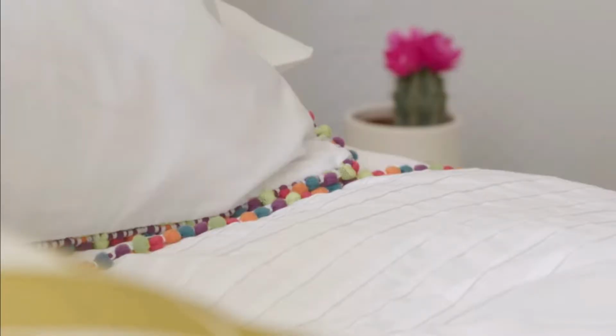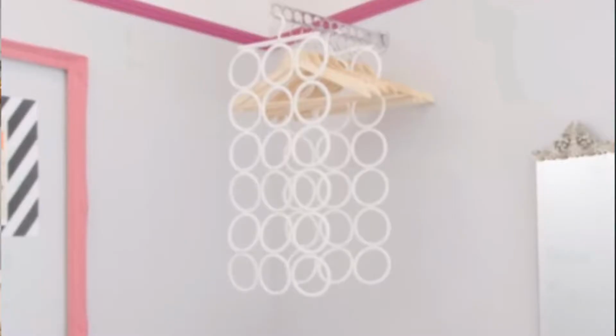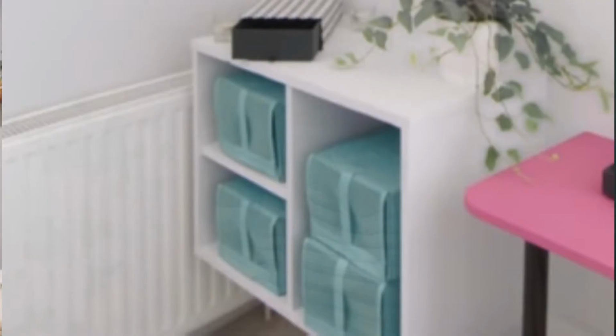Also, her pillow choices, beyond having like 5 different accent pillows that are all screaming different things, she chose a comforter and her normal sleeping pillows to have neon pom-poms, which, if that doesn't scream elementary and juvenile, I'm not quite sure what does. An orange pillow on the chair, this vintage looking chair. She's using these scarf holders as decor. Then she has this shelf that doesn't look like it's the best quality with these blue mesh